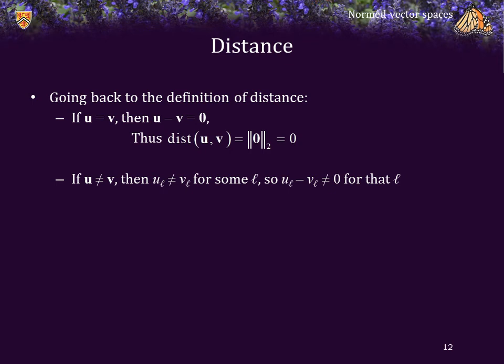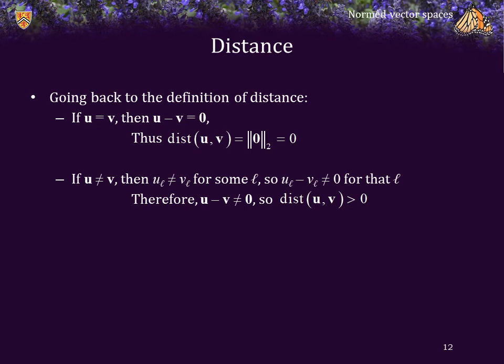On the other hand, if u is not equal to v, then u sub l must not be equal to v sub l for some l. We're not sure which one, but this must be true for at least one of the entries. Consequently, u sub l minus v sub l is not equal to 0 for that specific l. Therefore, u minus v is not equal to the 0 vector,